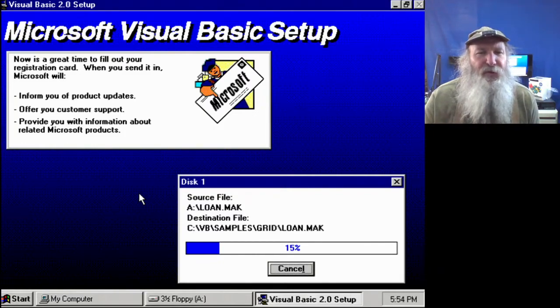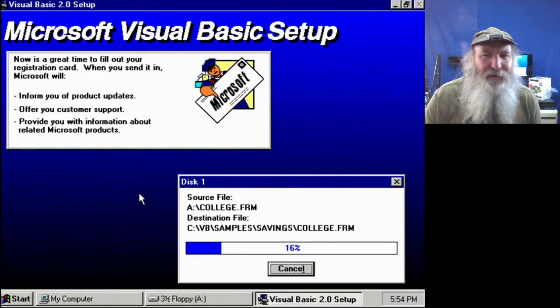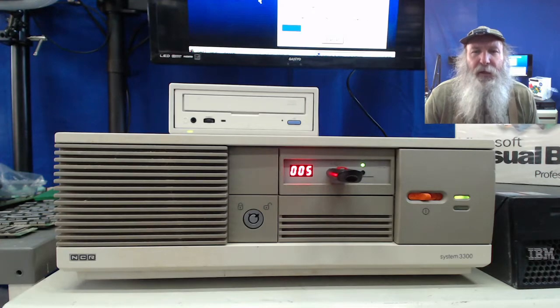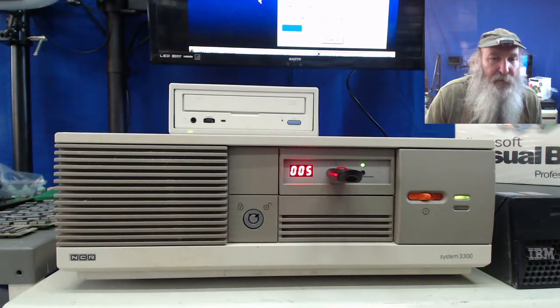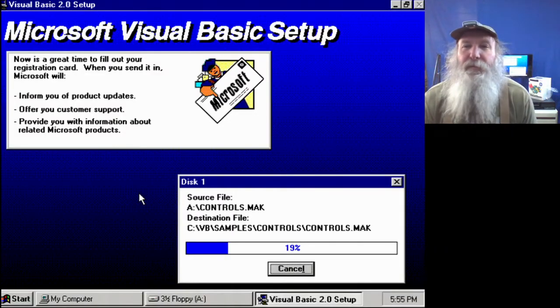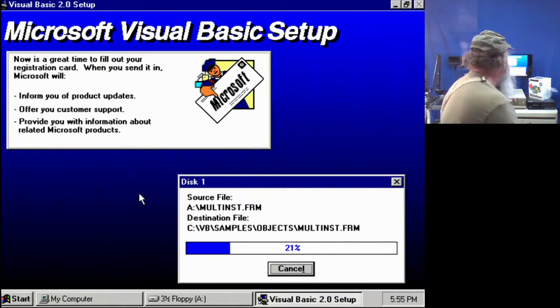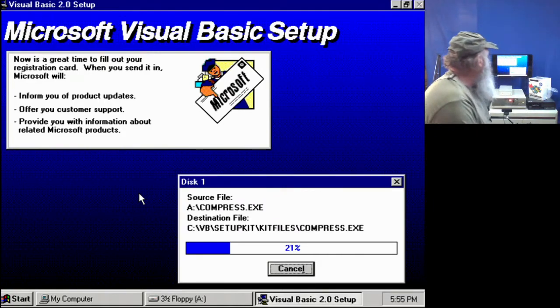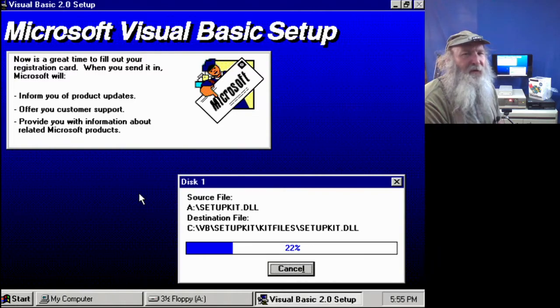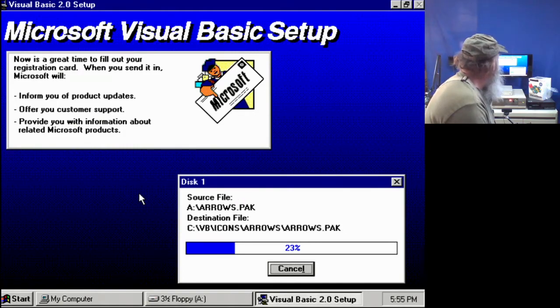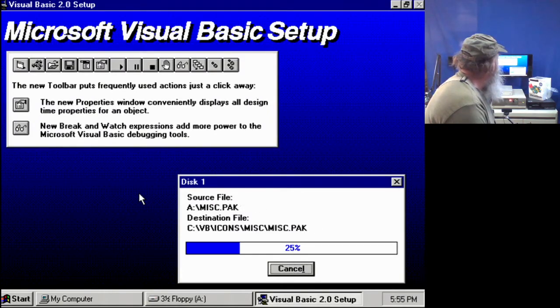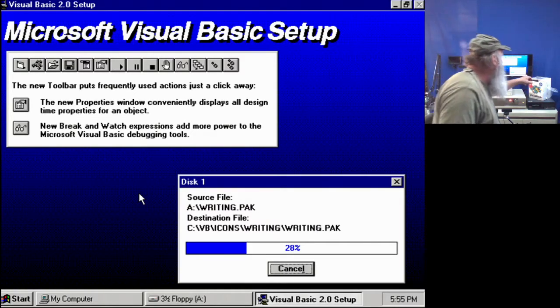And when it gets time to change diskettes, it'll just be toggling a button on that GoTech drive. And I expect this to get at least halfway through copying the files. And then we still have